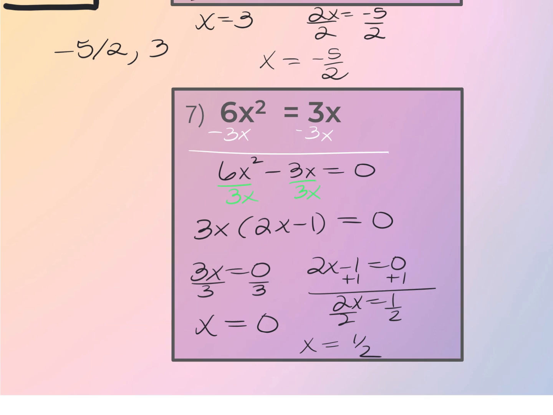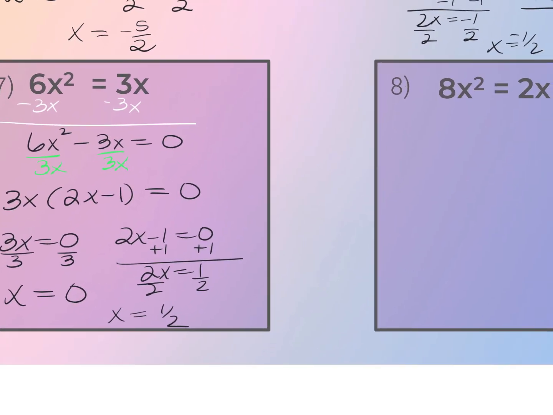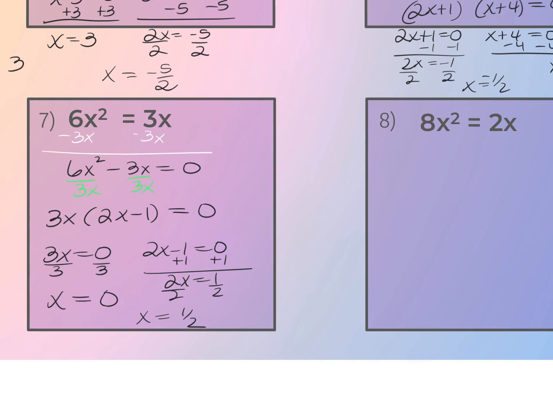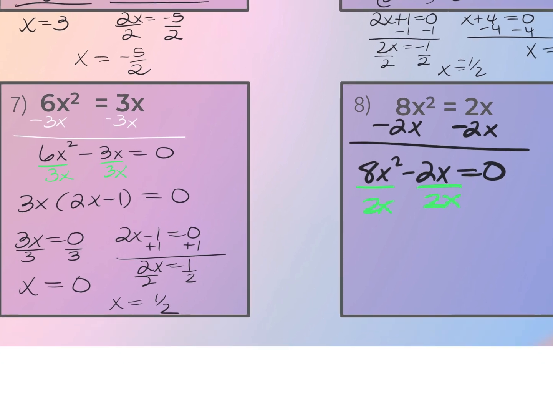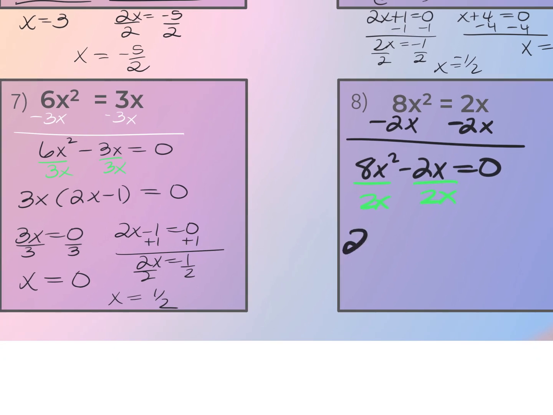So for number 8, we're going to do exactly the same thing. I'm going to set my equation equal to 0. So I need to subtract the 2x from both sides. I get 8x squared minus 2x equals 0. I'm going to look for a greatest common factor. My GCF here is going to be 2x. I'll divide both terms by the 2x. So write the GCF down, divide,